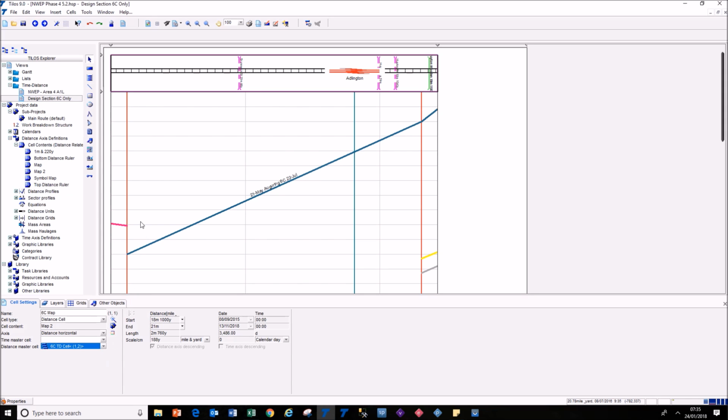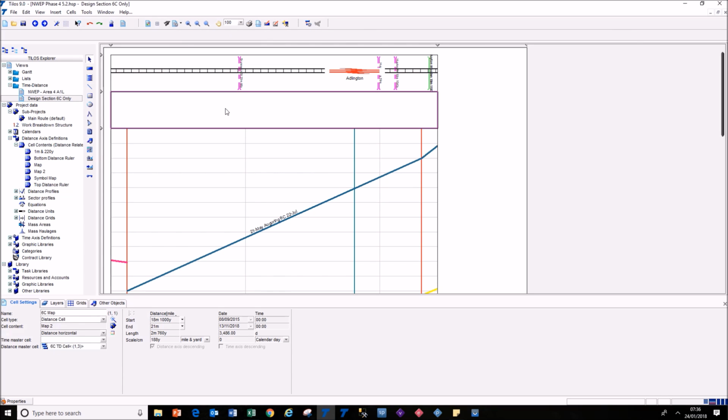Okay, so now underneath this cell we want to add a new cell, which is a distance ruler. So we select the row that we want the cell to be located underneath, and again from the cell menu, or indeed from this drop down, we can add a new row. So that's added a new row under here, and in that row we're going to create a brand new ruler that we haven't used before. So the easiest way of doing that is to use this icon. Cell wizard creates new cell content. If I click on that